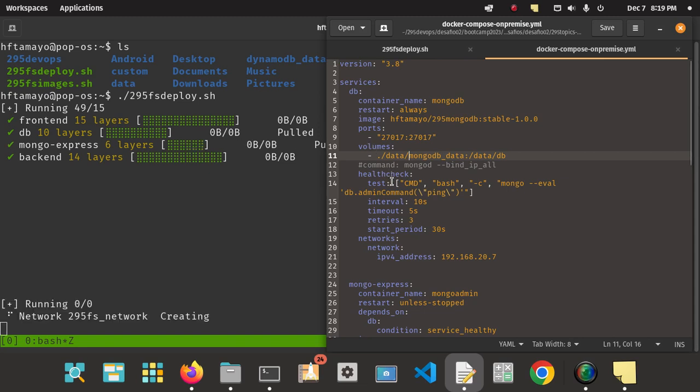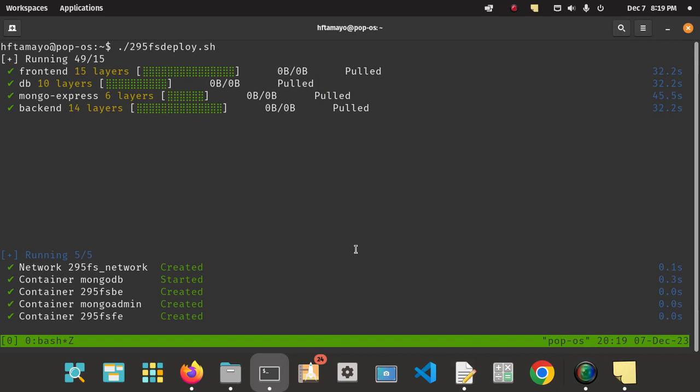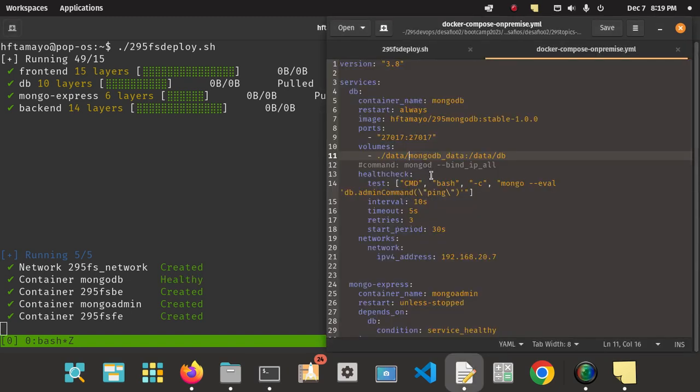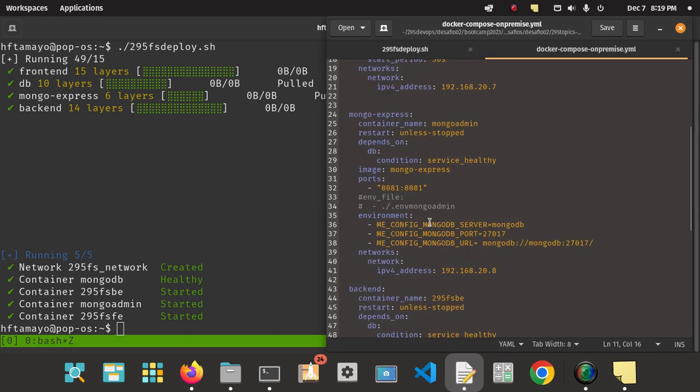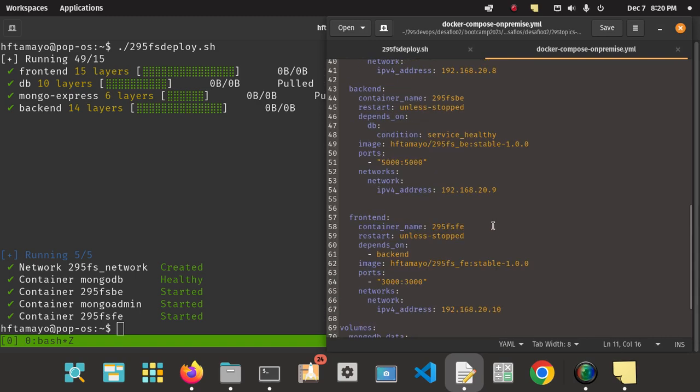Of course, this is a very important part, at least from my point of view. I try to include a health check routine in the most important services, so the idea is to be pretty sure that the data layer is up and running as we expect. Also, I tried to use an env file for credential management, but maybe I will focus on that in next versions. So basically, each service uses our online images,